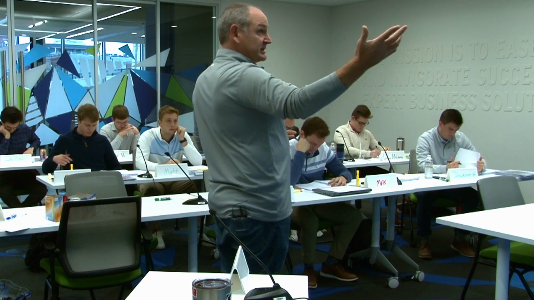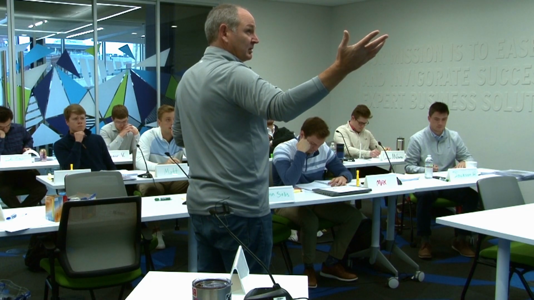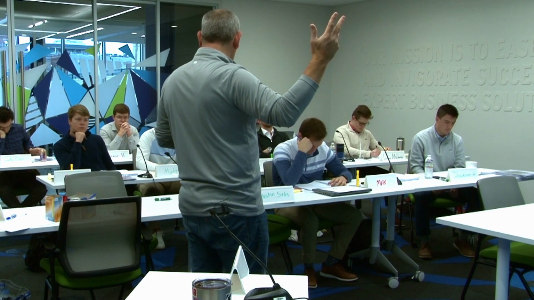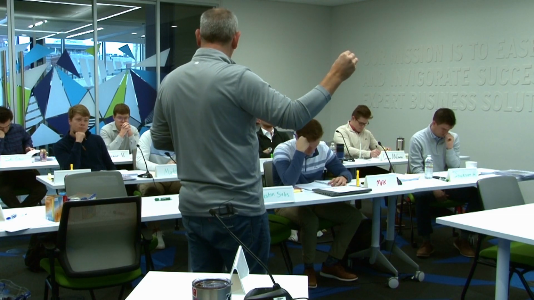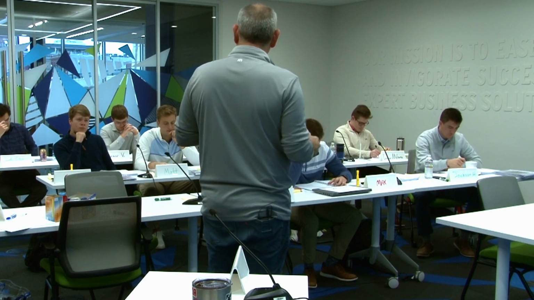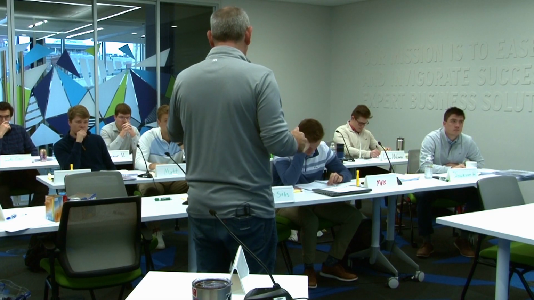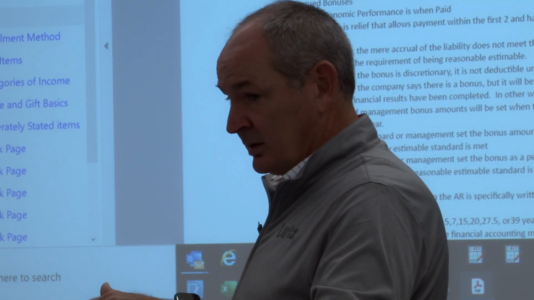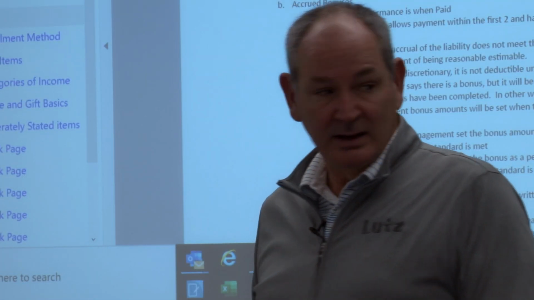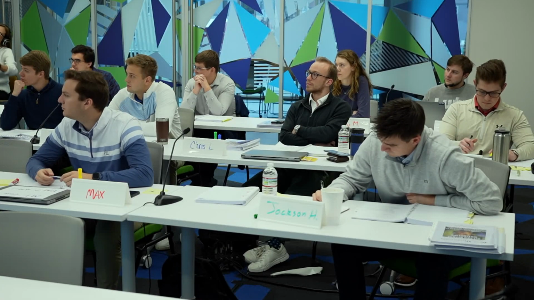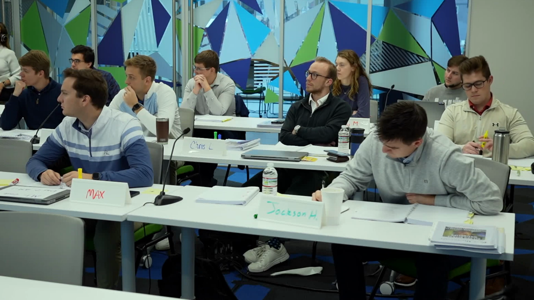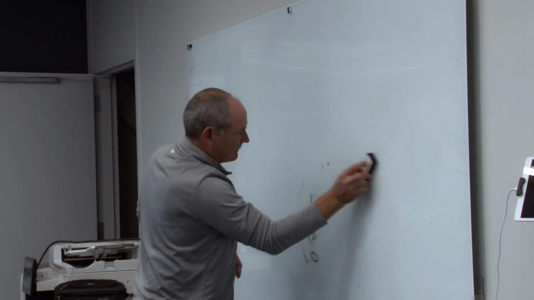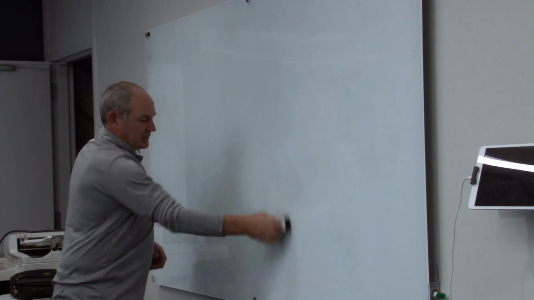So the second piece is, well, wait a minute. Accrued vacation says economic performance has to include payment versus a good or service being provided. Because you as an employee, you provided your good or service by doing a tax return or whatever it is that you're doing, correct? So it almost falls under that category. But when it comes to vacation, they say, no, we're not going to allow you to take that full amount because you may not take vacation. You may be a hard worker or think that we're going to fire you, or whatever it is that you're thinking.